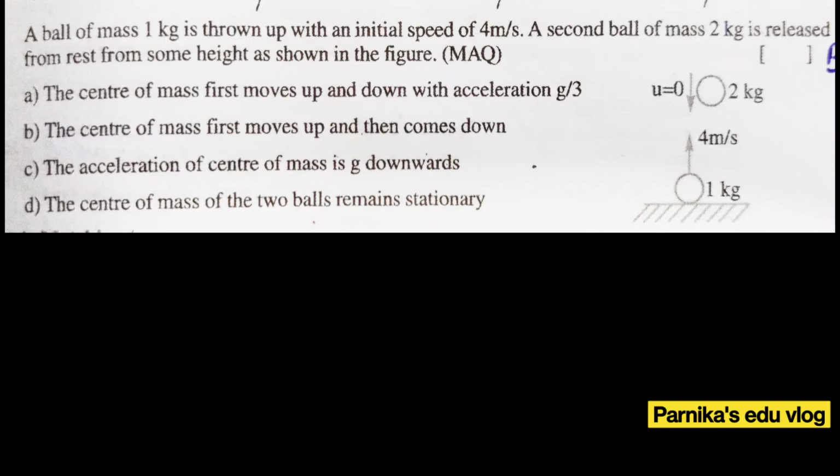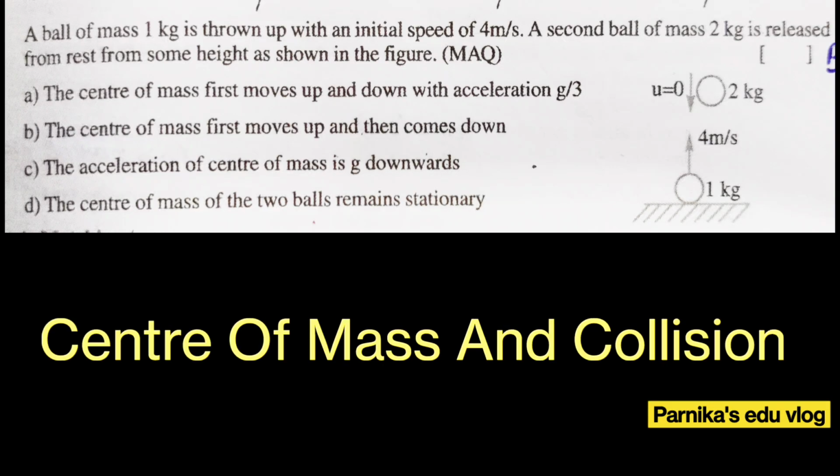This problem belongs to the center of mass and collision topic, and the subtopic is center of mass. A ball of mass 1 kg is thrown up with an initial speed of 4 meter per second. A second ball of mass 2 kg is released from rest from some height as shown in the figure. This is the question, and the options are: the center of mass first moves up and down with acceleration g